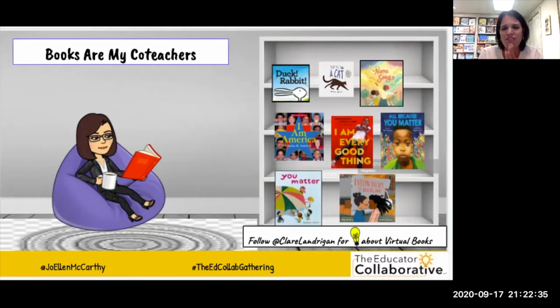So I have a few books by some authors that some are new and some are authors who are friends, and some are also some older texts to kind of introduce the conversation of perspective and point of view and thinking about how everyone views books differently. So if we look at I Am America, this is a book by Charles Smith Jr.